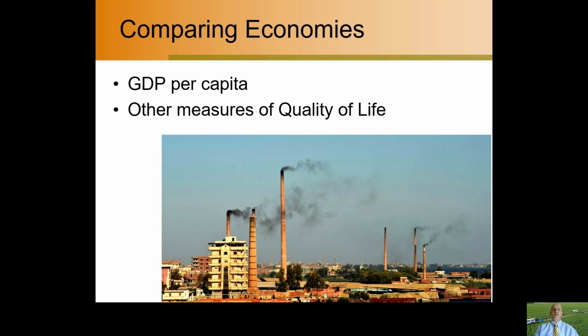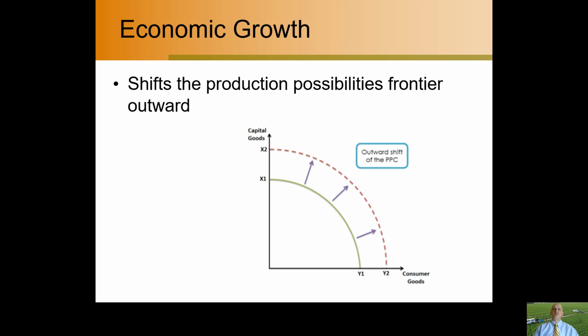In order to grow an economy at any level is going to require a shifting outwards of their production possibilities frontier. So no matter where a country is located on the economic ladder, whether they're lesser developed or more advanced, economic growth is always indicated by an outward shift in the production possibilities frontier, the ability to